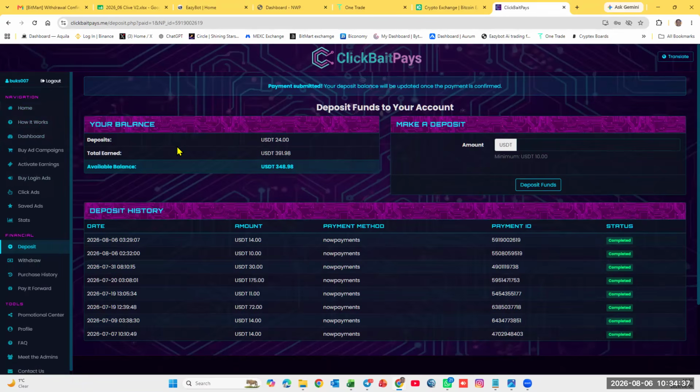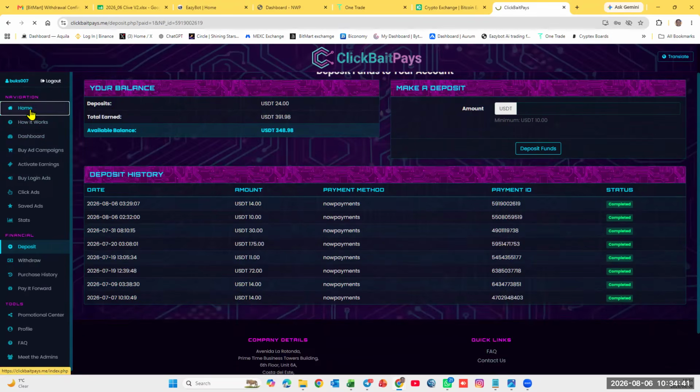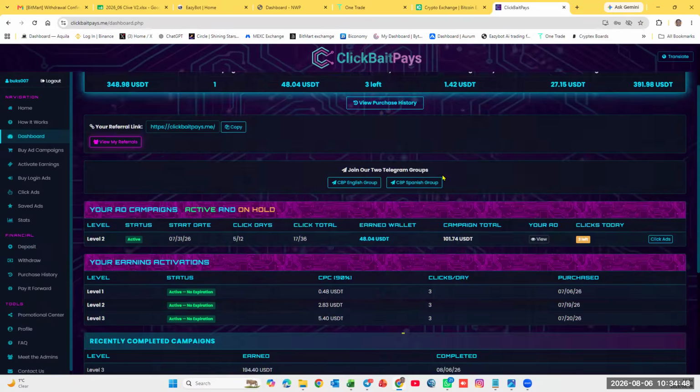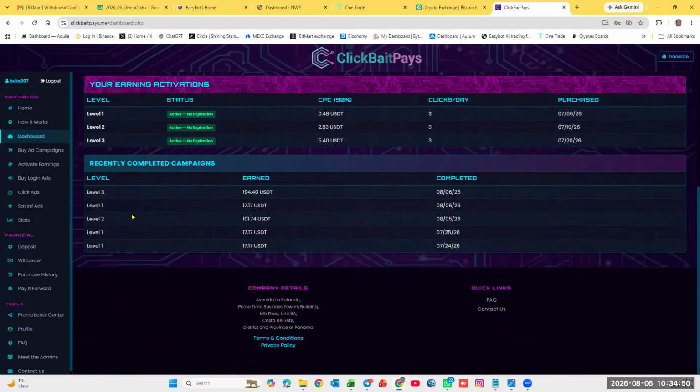Now if you look at my wallet, I've already bought the level 1 package. This $13 and you get $17 out.